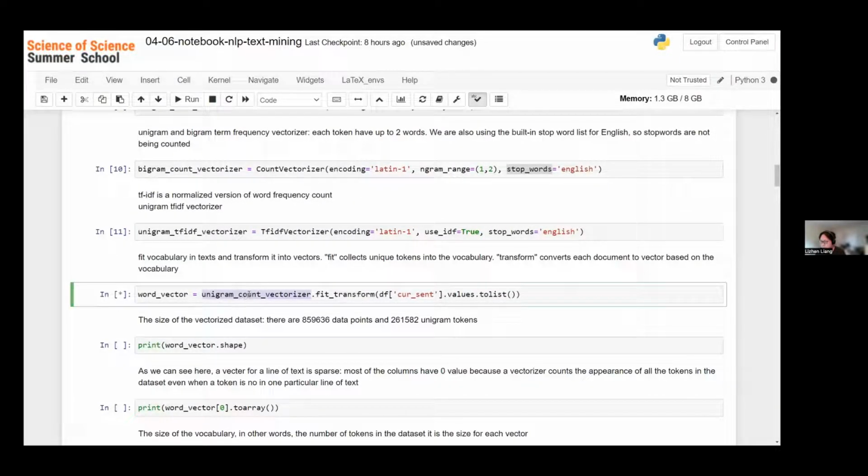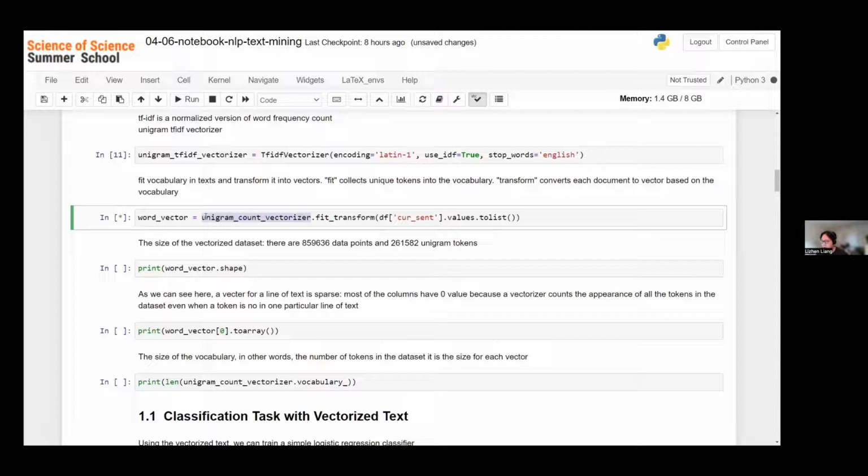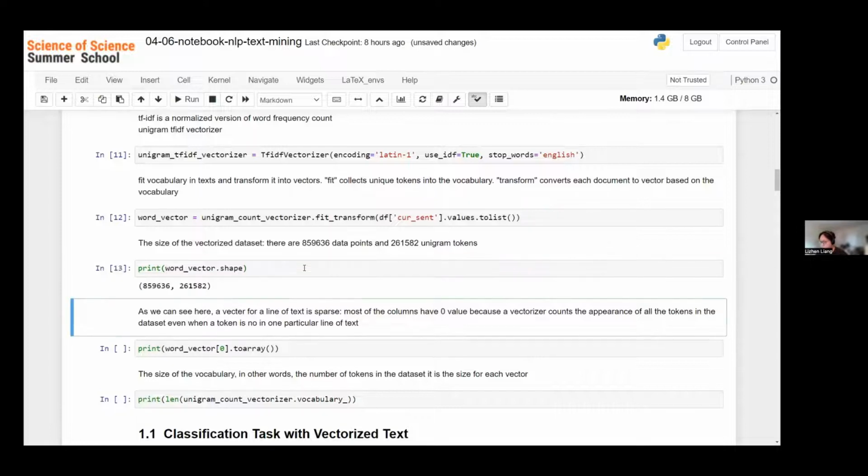So in this case, we are using the unigram count vectorizer, which counts the term frequency in the entire data set. It should take a moment. Okay. So I'm printing the shape of the vectorized word vectors.